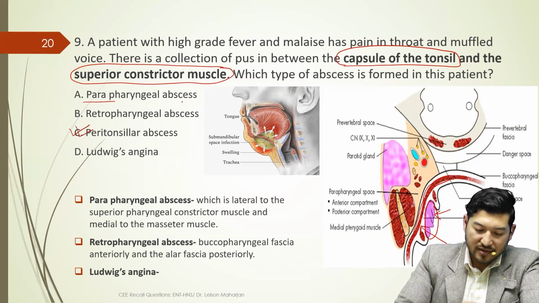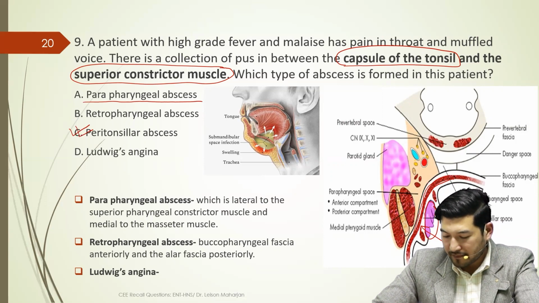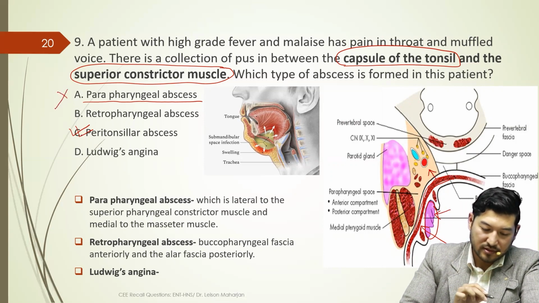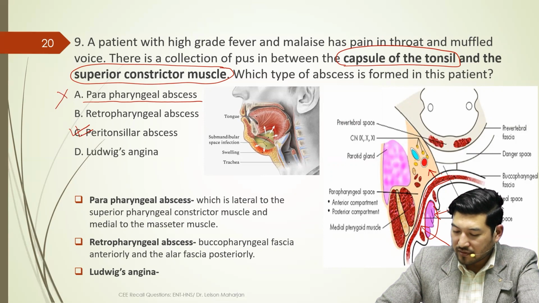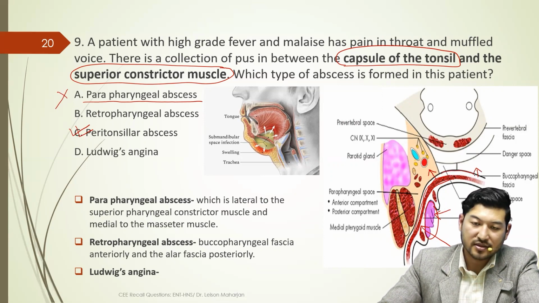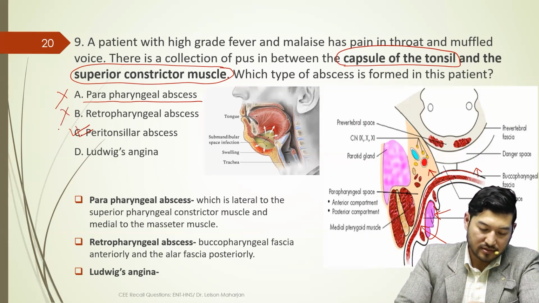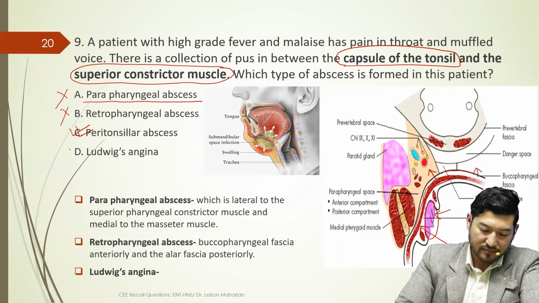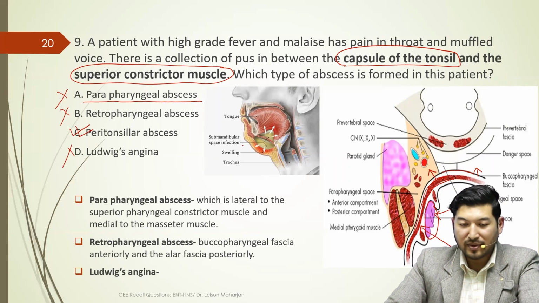Usually a parapharyngeal abscess is found posterior to the superior constrictor muscle, so this answer is not correct here. Retropharyngeal abscess is usually found posterior to the buccopharyngeal fascia, and this extends up to the superior mediastinum. So this is not the answer. And as we can see in the picture here, Ludwig's angina is usually seen in the submandibular space, which is further divided into the sublingual space